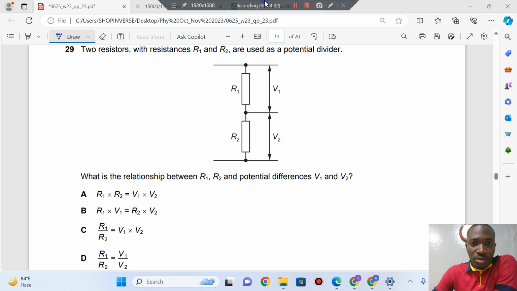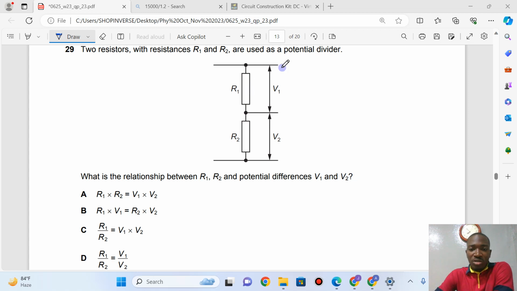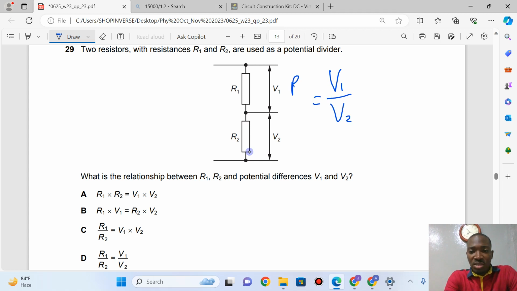Question number 29. Two resistors with resistances R1 and R2 are used as a potential divider. What is the relationship between R1, R2 and the potential difference V1 and V2? When you see potential divider, the voltage will be divided in the same proportion as the resistances of the resistors. What I'm saying is V1 ratio V2 must be in the same ratio as the resistors